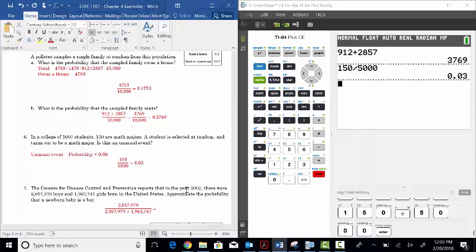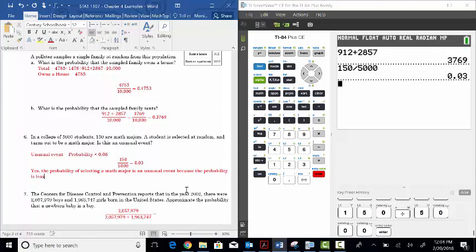In this case, yes, I would say yes. The probability of selecting a math major is an unusual event, because the probability is less than